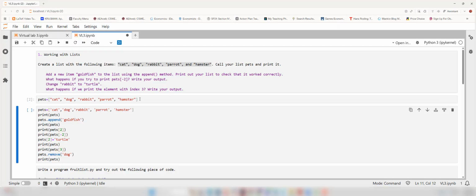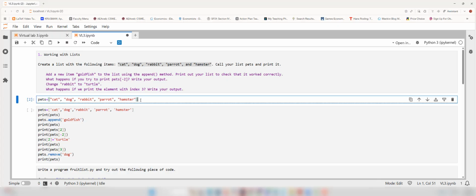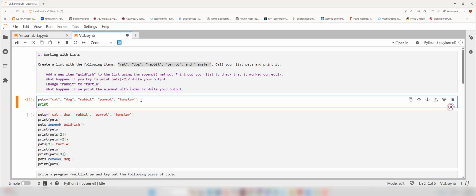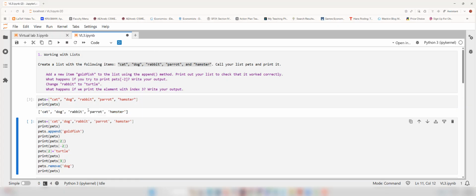And when you run it, it's not going to print anything. In order to print, we need to use the print function. So we are going to print in the parentheses. We're going to include the name of our list. And now if we run it, you can see our list is created, and that includes cat, dog, rabbit, parrot,